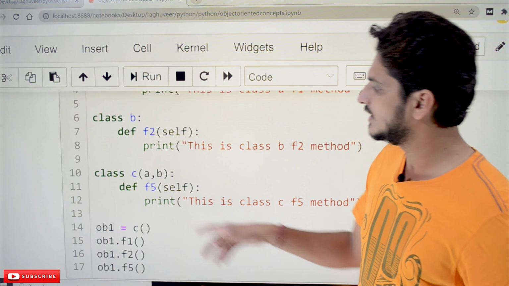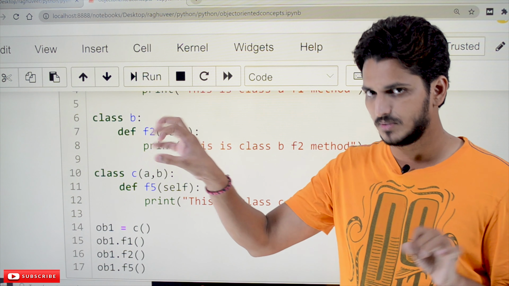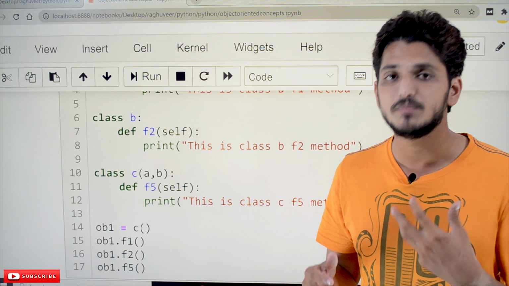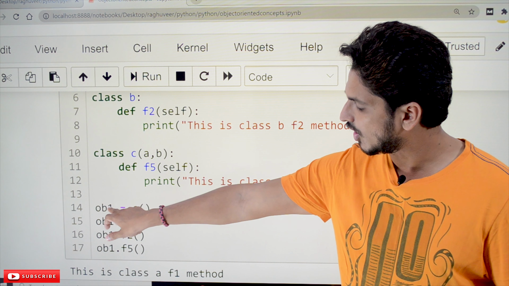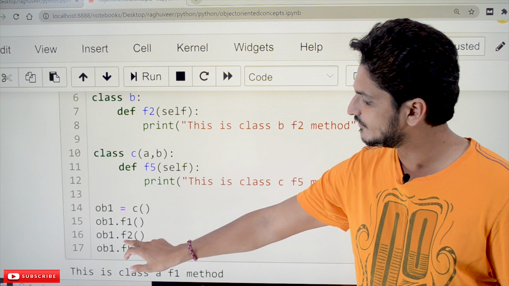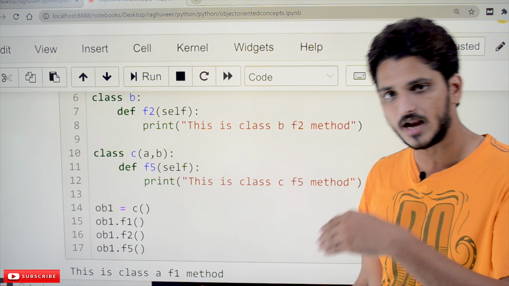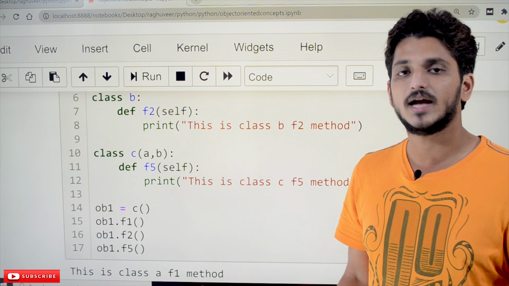Class A has one method, and class B has one method. We can inherit both the classes. Class C is inheriting both A and B, which means class C has access to both A's members and B's members. That is what multiple inheritance is. We define the object for C, and ob1 is the object. With ob1 we can call f1, f2, f5, all the methods present in C, A and B. That is multiple inheritance.